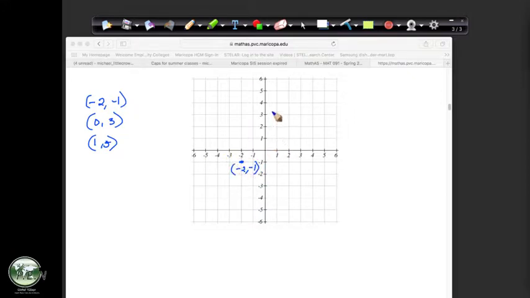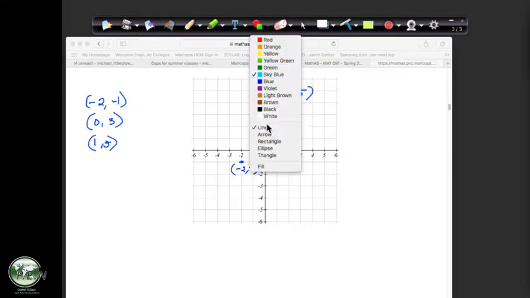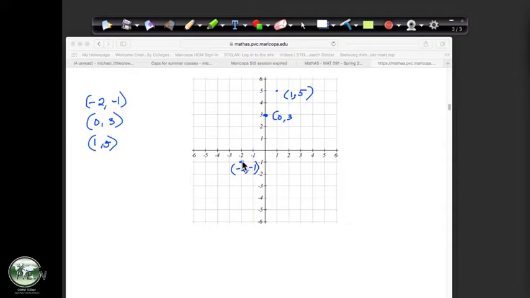(0, 3) is here. And (1, 5) is going to be there. So if we plot those, do we get a straight line? Let's see, what color should we use? Green? Okay, so what I'm going to do, go to one of the points,